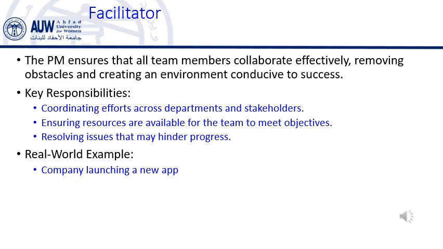What does a facilitator do? As a facilitator, the project manager's job is to make sure that everything runs smoothly. This means the PM needs to coordinate team efforts, remove obstacles, and ensure that the work is progressing as planned. The facilitator role is not about giving orders or controlling everything. Instead, it's about helping the team work together effectively to achieve the project goals. To explain this more clearly, let's break it down into a few important tasks.